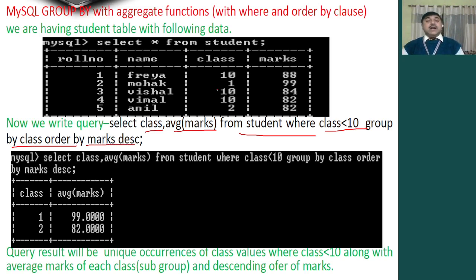So less than 10, class is what? If class is greater than 10, then it will not be less than 10. Those who are studying below 10, up to class 9, their marks need to be averaged, and arranged in descending order. So see here, the result has been arranged in descending order and the average of it has been done. This is how we can extend the queries. We can form the queries as per our requirement, and include different types of clauses there.